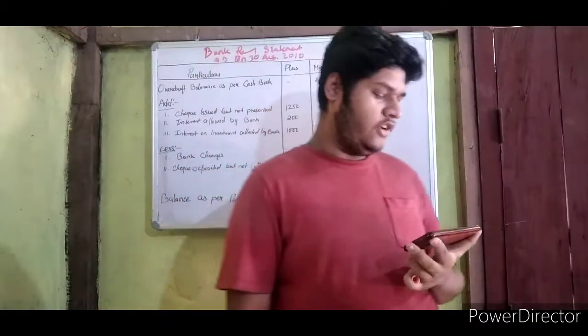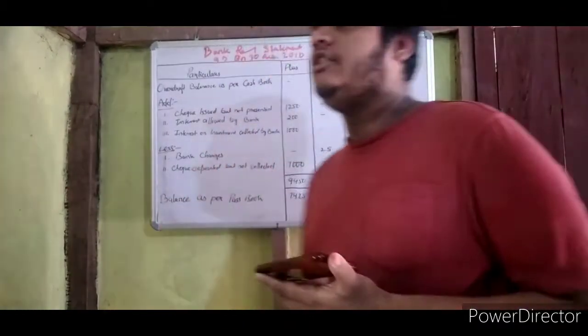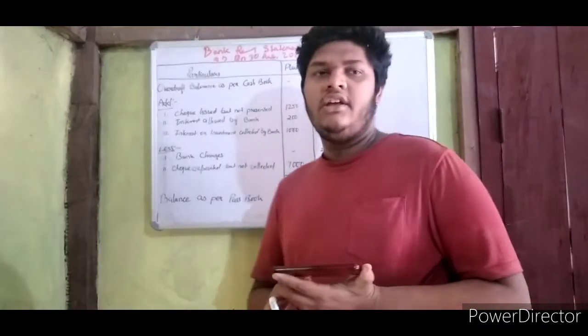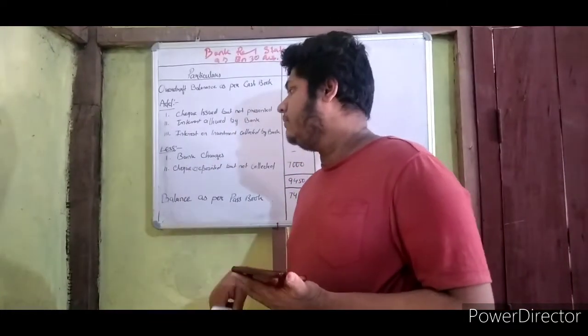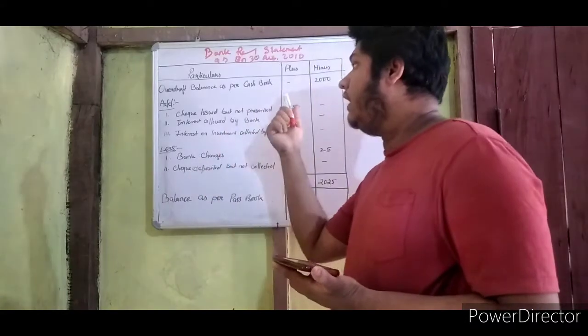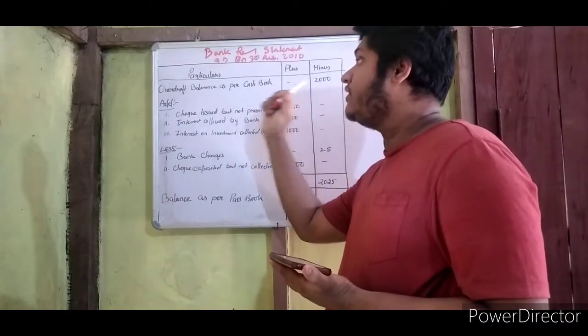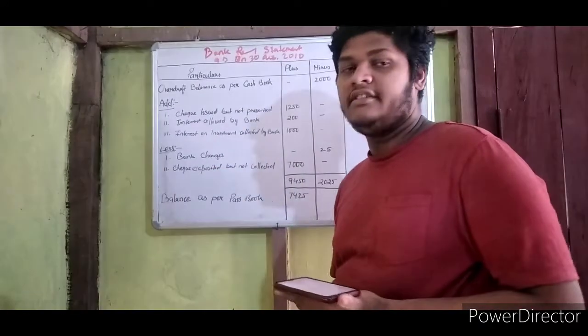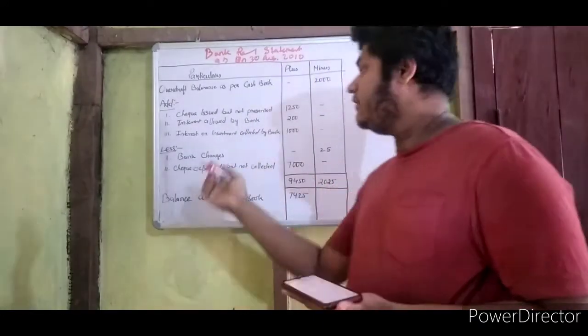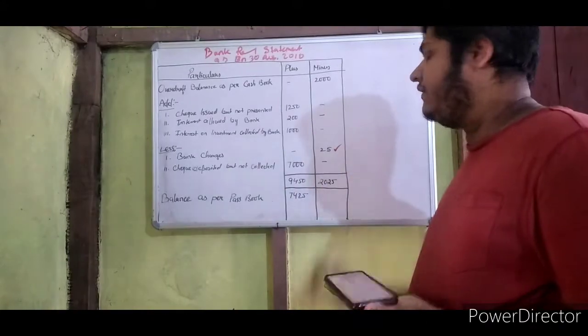So now next is the bank charges of rupees 25 on account. Your bank has charged rupees 25. So bank charge rupees 25 means it will come in the less column. Okay, cash book, whenever it is cash book, whether overdraft or normal balance, it will be on the minus side. The bank charges entry will be on the minus side. So bank charges rupees 25.